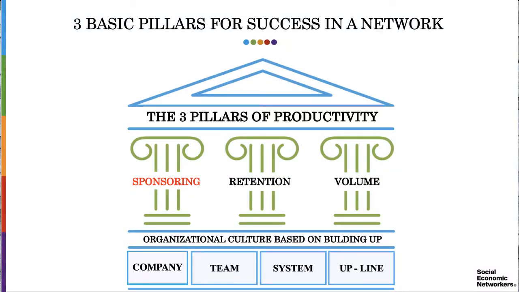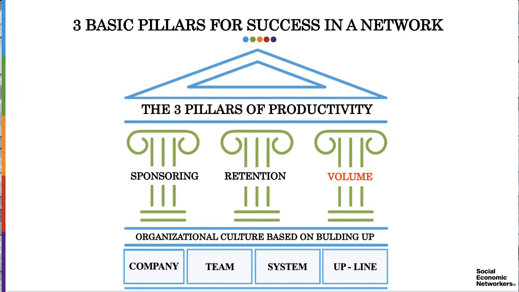Over more than 2 decades of practical experience has shown us that within our team of social economic networkers, we learned that there are 3 basic pillars for success in professional network marketing. The first one is sponsorship, the second one is retention, and the third one is sales volume. These 3 factors are crucial, and all 3 can be used exponentially when we have a lot of leaders which had been correctly processed.